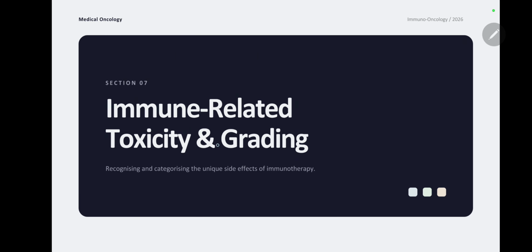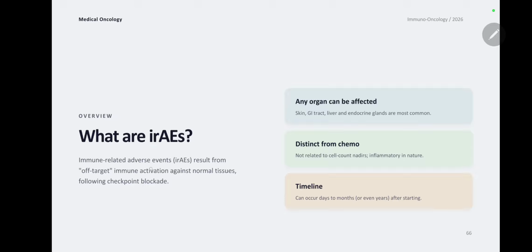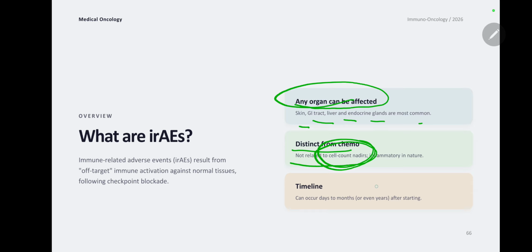Okay, so immune related toxicity and grading, we discuss that. What is an immune related adverse event? This can happen in any organ, like skin, GI tract, liver, endocrine, but those are the most common organs. It is distinct from chemo, because it is not related to cell count nadir and is mostly inflammatory in nature. The timeline is mostly days to months after the start, and sometimes it occurs after